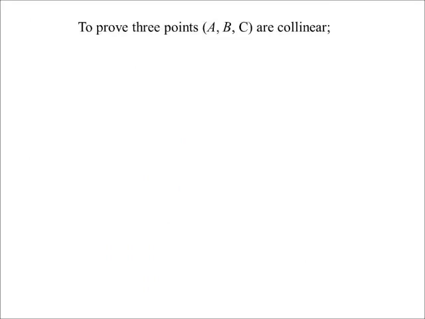If you want to show 3 points are collinear, I think the easiest way is to do this. Pick a pair of the points. It doesn't matter which pair. I've gone A and B. Find the slope of AB. Pick another pair, AC,